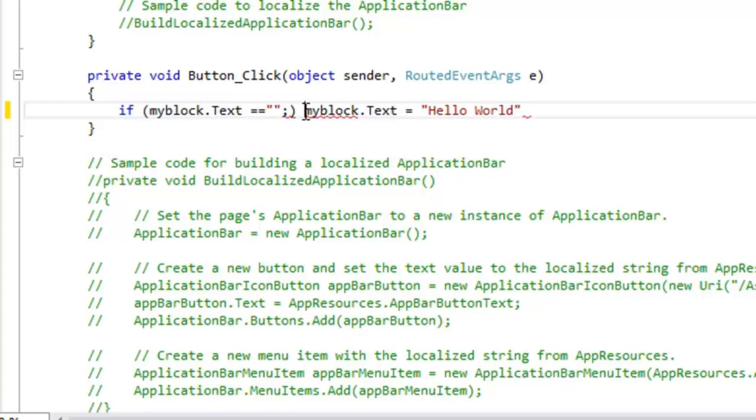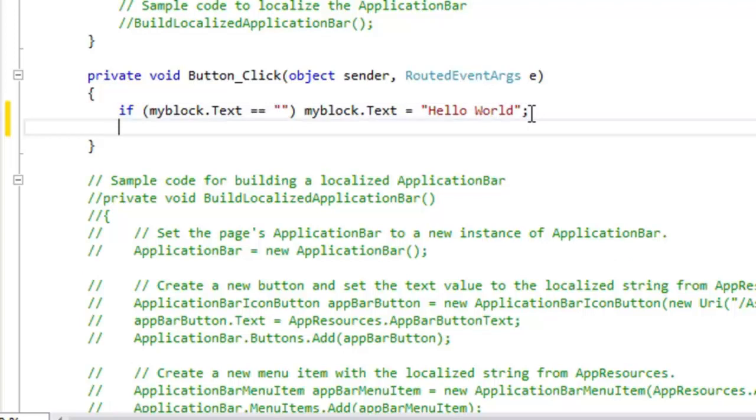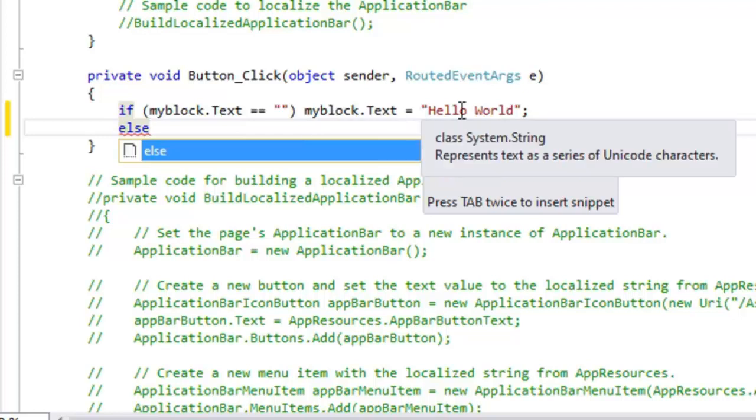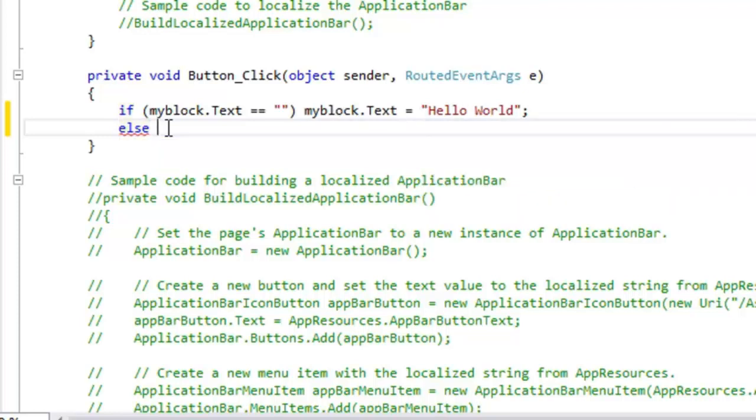Now here is some error. I am just correcting the error. Now it's corrected. We have to terminate every statement. So here semicolon is used to terminate the statement. Then second is else. This code means if my block dot text equals to empty, means if text block is empty, then print hello world, else